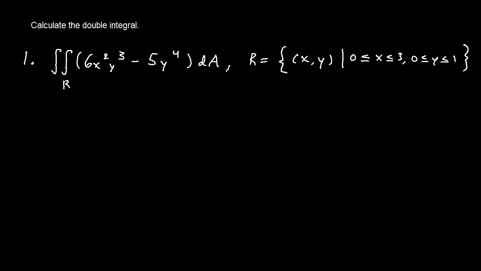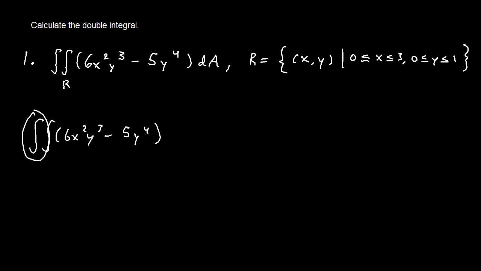So what we have to do here is basically turn this double integral into an iterated integral and then evaluate it. So if I were to go ahead and rewrite the integral, we get the double integral of 6x squared y cubed minus 5y to the fourth. Now I'm going to not write the dA right now, I'm going to skip that and come back to it later. And so notice that we have to have one integral that contains the x bounds and one integral that